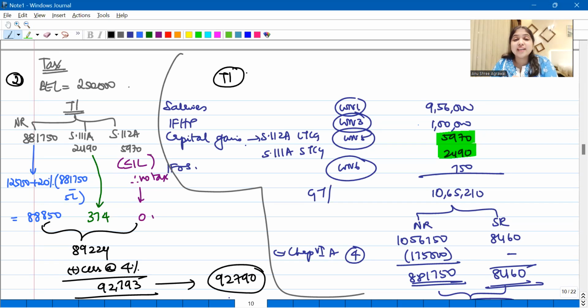Very good. I will still think about AMT because I have that process in my mind. Do not skip steps. Follow each step in every question. I am starting to think about AMT, but will I have AMT? Do I have Chapter VI-A Part C? No. Do I have 10AA? No. Do I have 35AD? No. So therefore, do we have AMT? No. But still, this thinking has to happen.